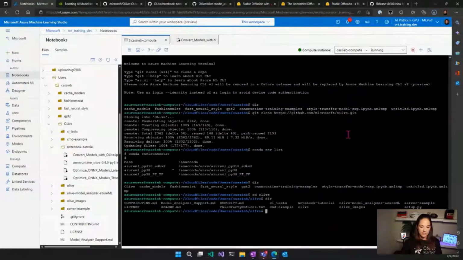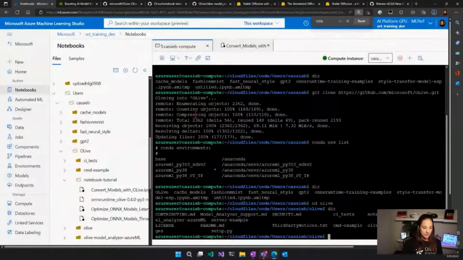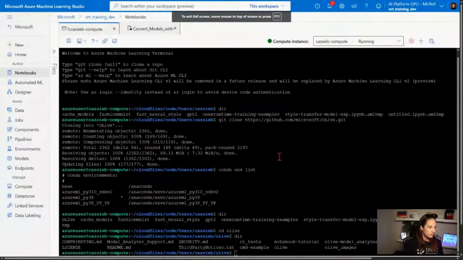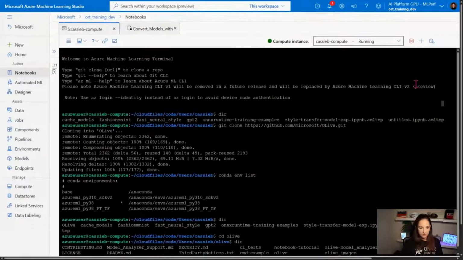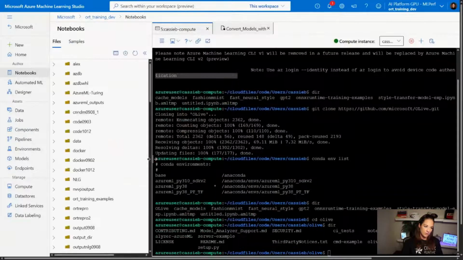So if I go back here, goodness, this is so small. Let me make this bigger. So now I'm just in my Azure Machine Learning Studio. Let's remove that. That might help a little bit. And I've done a couple things already. One thing I have done is I have already downloaded the source. So I've already cloned the Olive repo